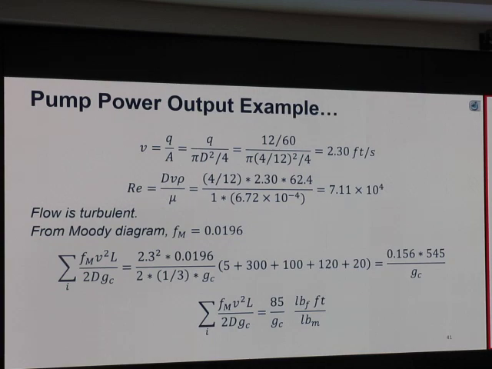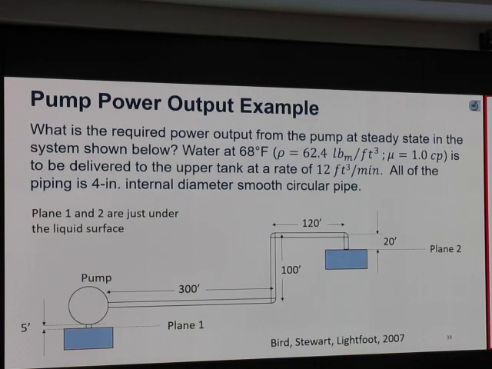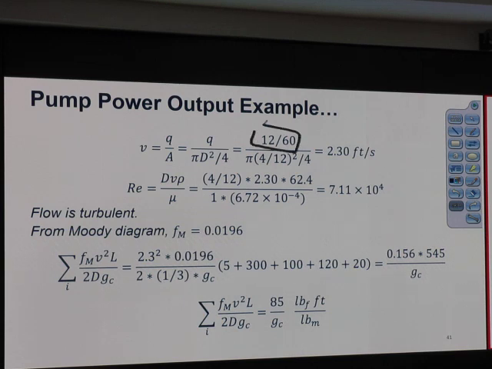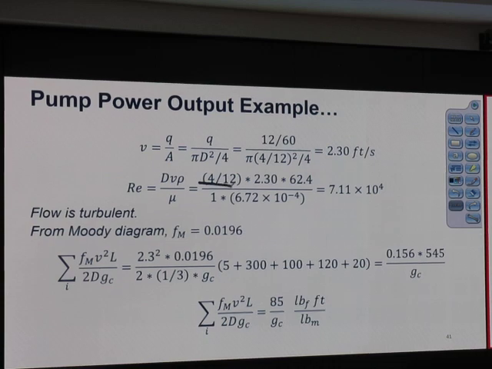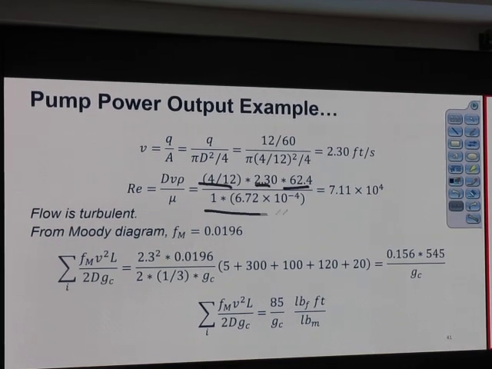Velocity is Q over A. How much is my Q? 12 cubic feet per minute. We have to do per second, so that is 12 over 60. Pi D squared over 4, I have a 4-inch pipe. I want everything to be in feet, so D is 4 over 12, right? So pi D squared over 4, at the end I get 2.3 feet per second. Reynolds number, rho v D over mu. Units have to be consistent. D has to be in feet. Okay. I have D rho v over mu. So